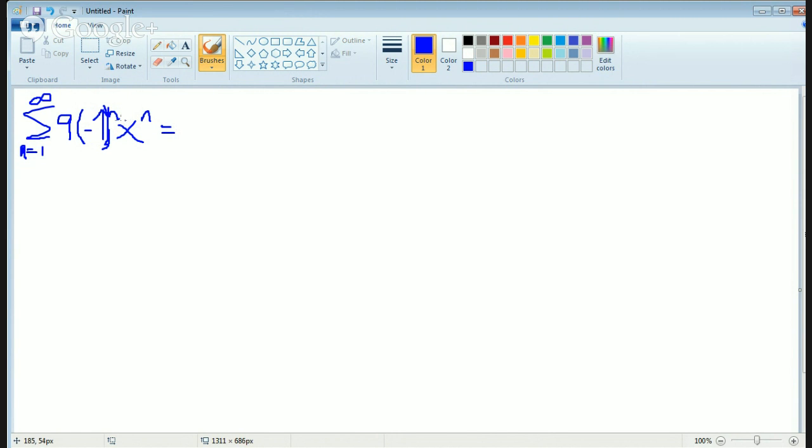If you ever see that there's a negative 1 to the power of n, and then it's multiplied by x to the power of n,